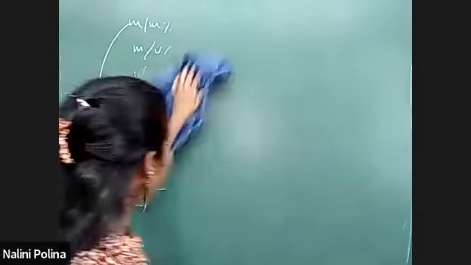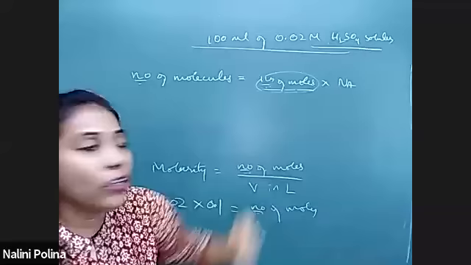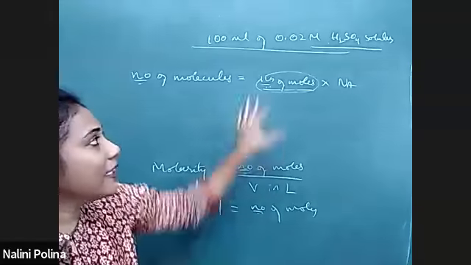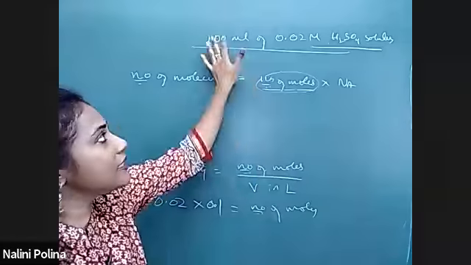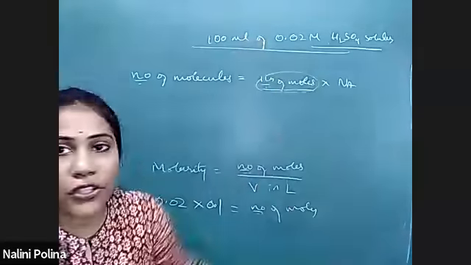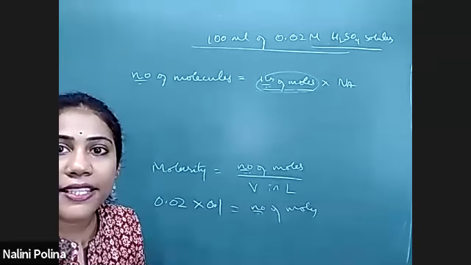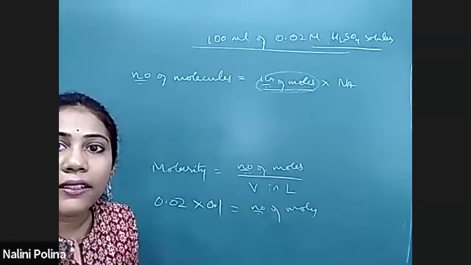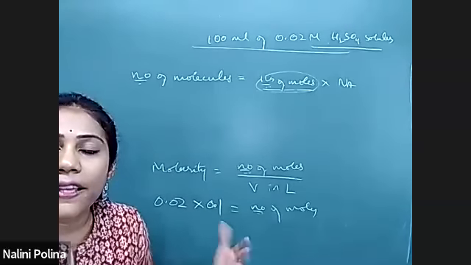They asked the number of molecules in the question, and the formula to find it out is number of moles into Na. But the number of moles was not given in the question. This is the information they gave: molarity is there, volume is there. So from that we first found the number of moles. We know molarity is equal to number of moles by volume in liters. Yeah, your answer is 12 point something into 10 to the power of 20, isn't it?